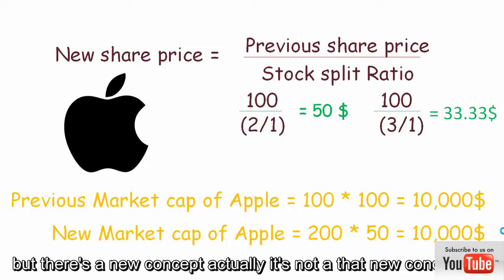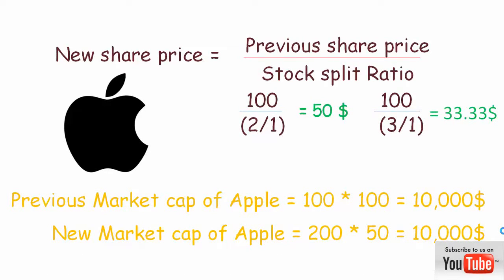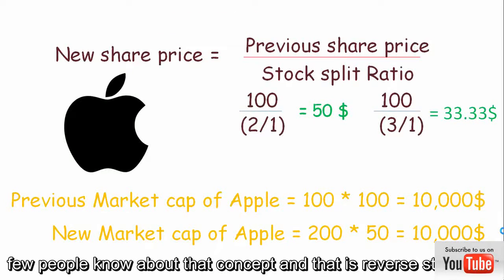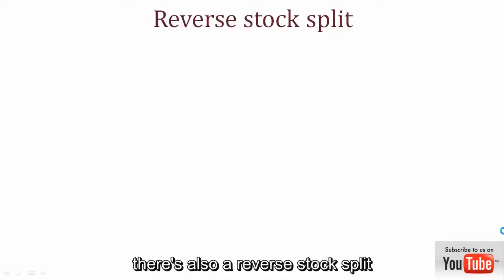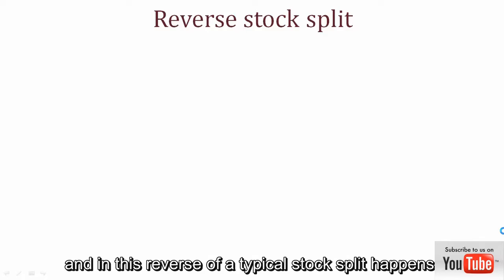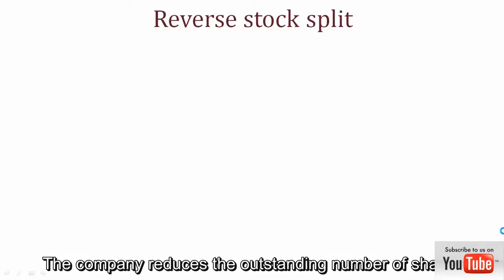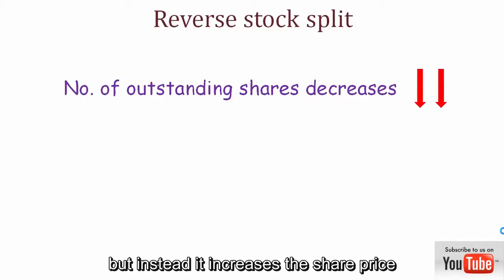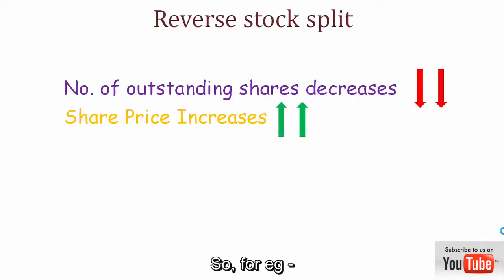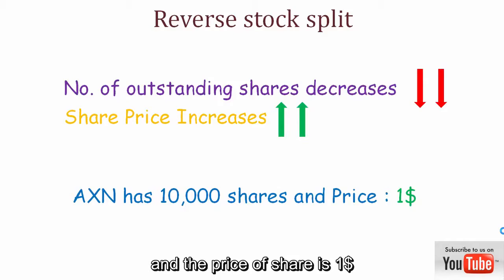But this is a new concept. Actually, it's not that new a concept, but few people know about it, and that is reverse stock split. And let me tell you about that. So as there's a stock split, there's also a reverse stock split. And in this, the reverse of a typical stock split happens. So instead of issuing more shares, the company reduces the outstanding number of shares, but it increases the share price of the company. So for example, if a company EXN has 10,000 shares and the price of a share is